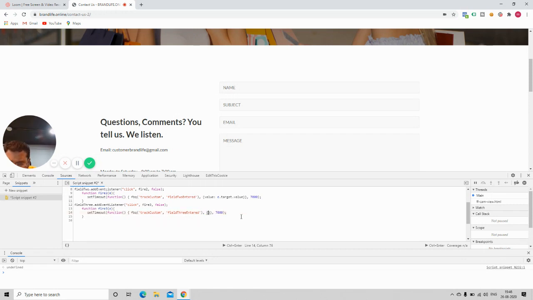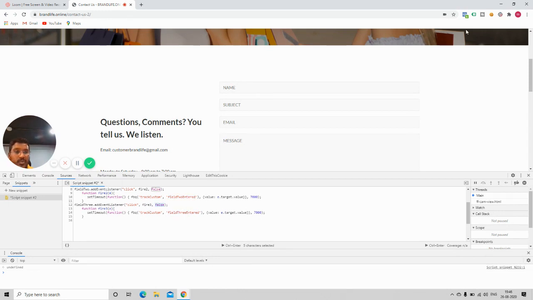So I'm sending object parameters. The key is value, and again I'm sending the event as a parameter, and I want to say event.target.value. Now I want to be very sure that everything is perfect.